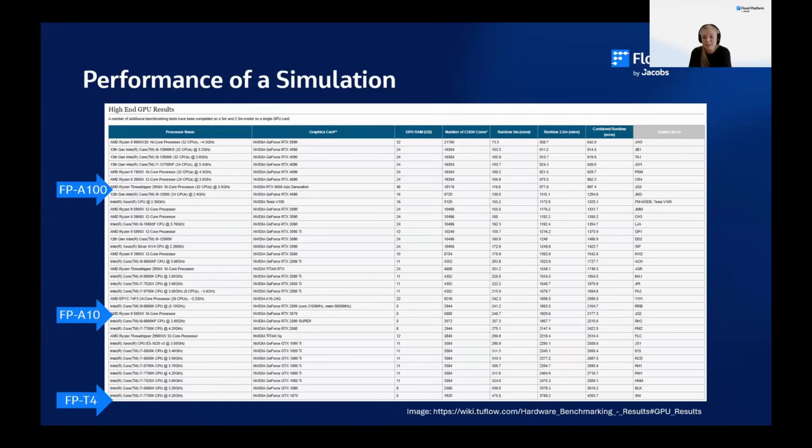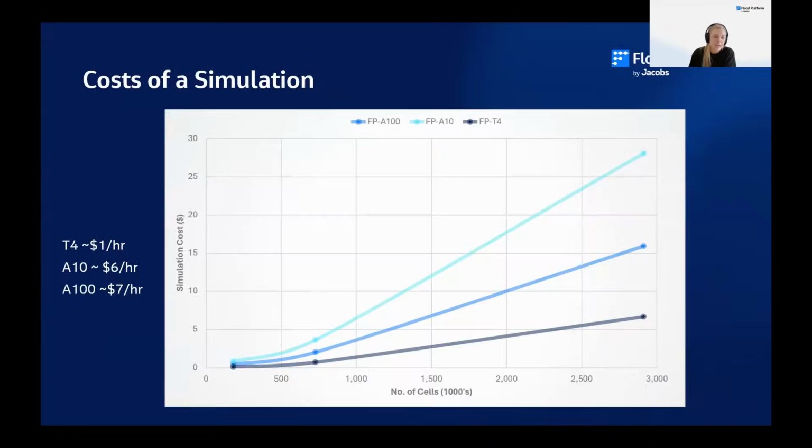But I will mention this is the high-end GPU result. So if we look at the full spectrum of GPUs that you can get, the T4s are actually sitting closer to the top. So you might be wondering, why do we use the T4s by default if they don't provide the best performance out of all the options that we have? And it's really about being cost effective. So the T4s, they're about 91 cents an hour, whereas the A100s is $7 an hour. So you can see over the simulation time, they might run faster, but they're so much more expensive that it ends up being a higher cost for that simulation.